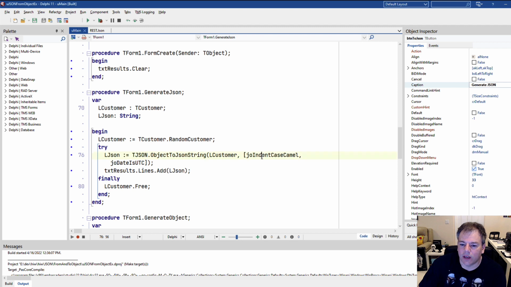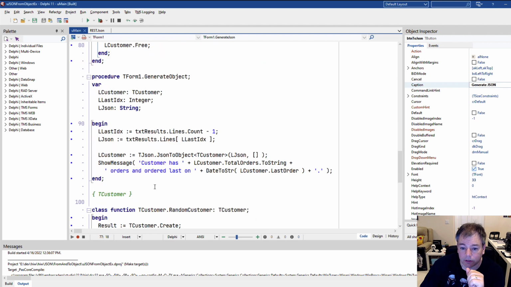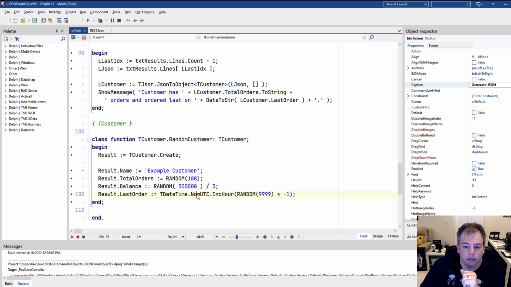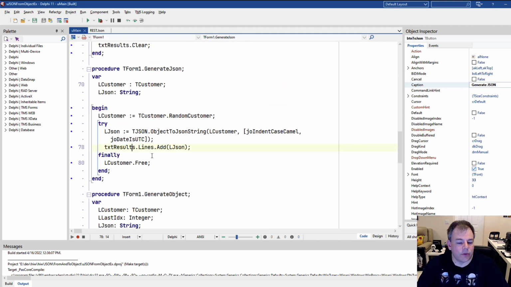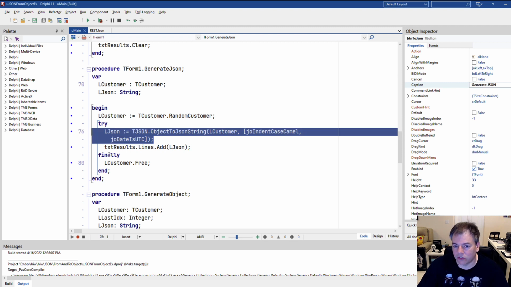And then I said JO, I indent case camel to get the camel casing, and my date is UTC. It definitely is because I created it using now UTC. And then I add the JSON string to the memo field. That's it. So it's one line to create JSON.